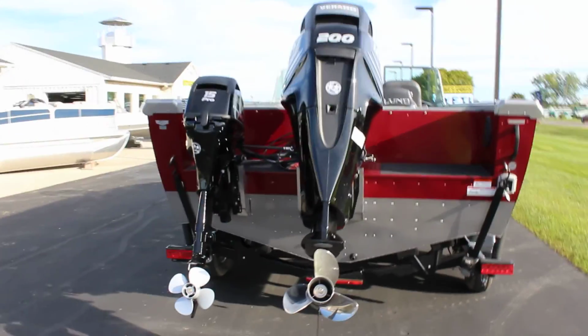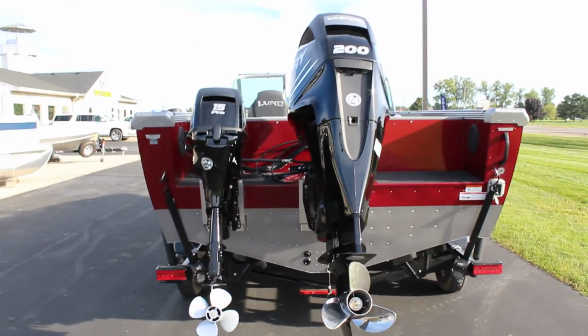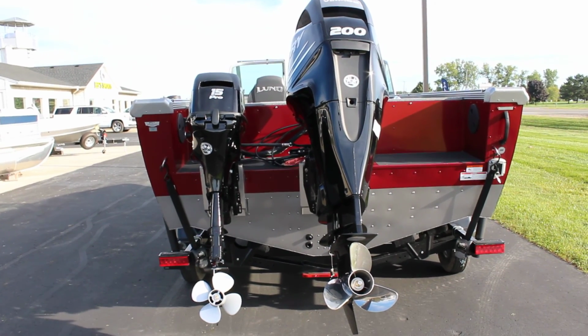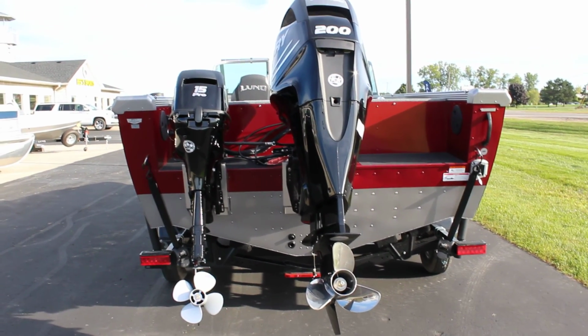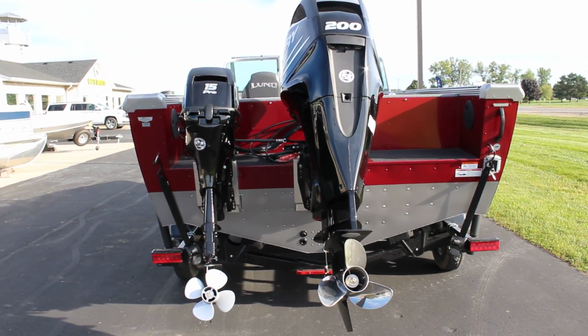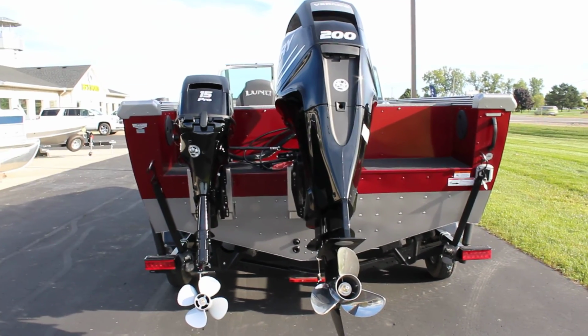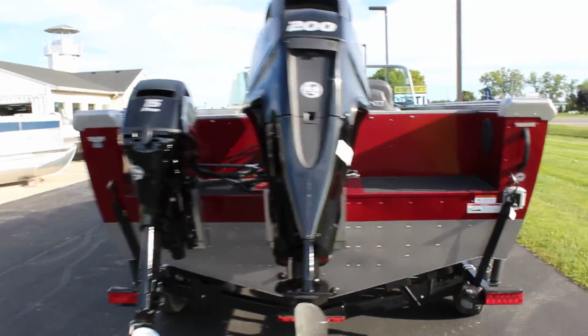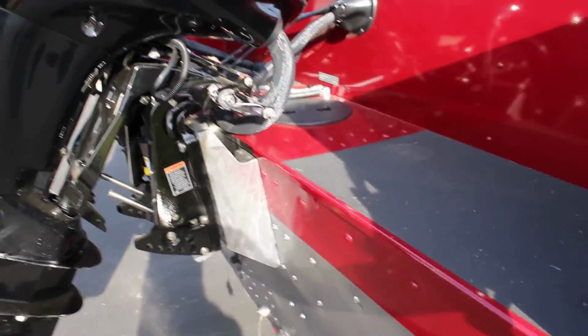So this one's got a 200 horsepower L4 Verado, as well as a 15 horse Pro kicker that's hooked up with your steering link, remote steering. So she's pretty set up and ready to go. So the Tyee Magnum in the 2075, as opposed to your standard